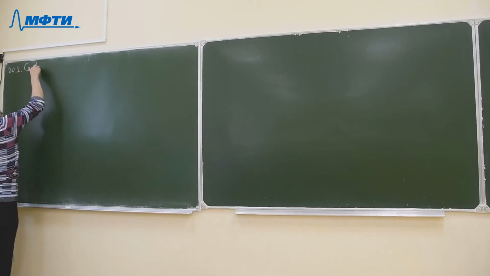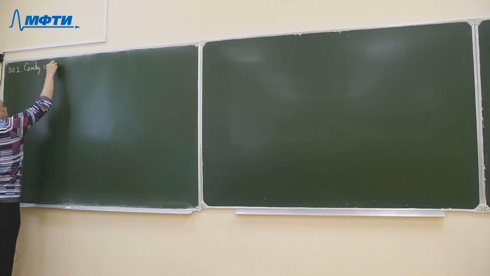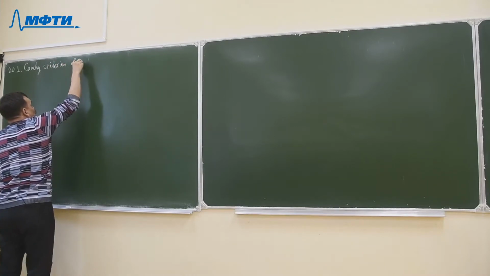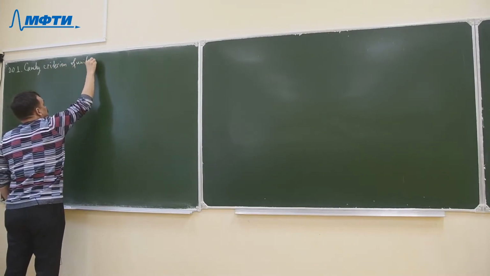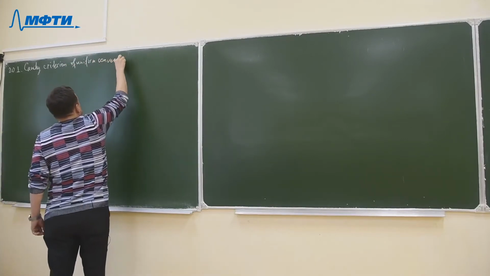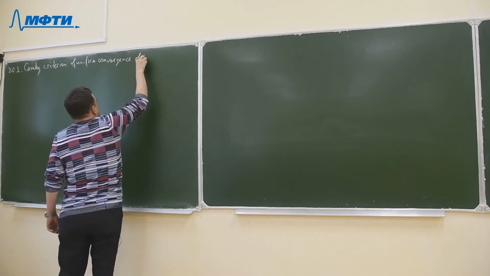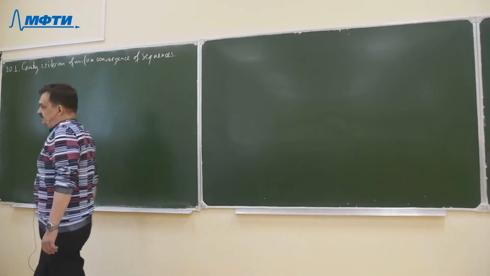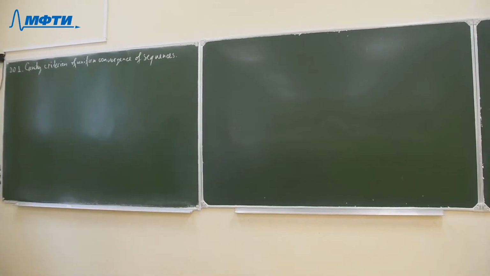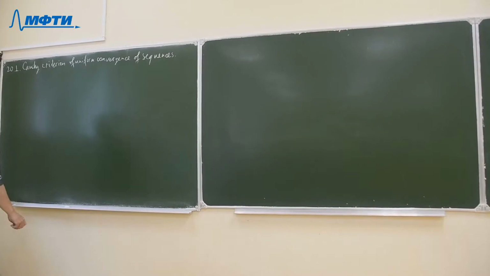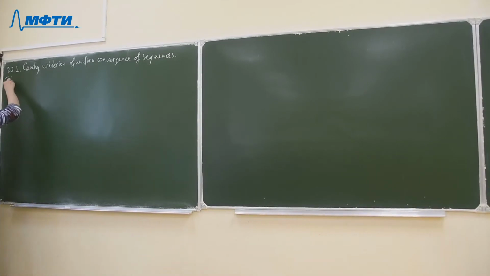Cauchy criterion of uniform convergence of sequences. Definitely it should be a part of one section together with the definition of uniform convergence. So theorem 1,